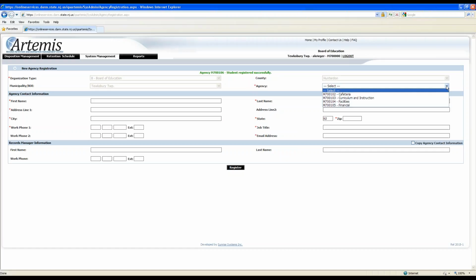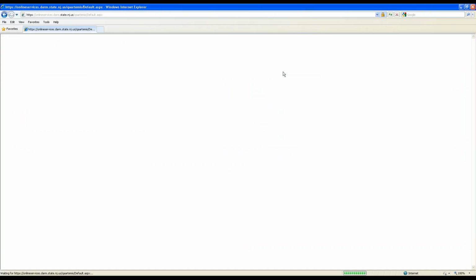So again, that would be the very first thing that I do when you log into the system, is go in and register all your schedules and just make sure they're available to you and your users. So when they go to process a disposition request, they'll be able to do that. Let me go back out to the home screen real quick, show you a couple other things.